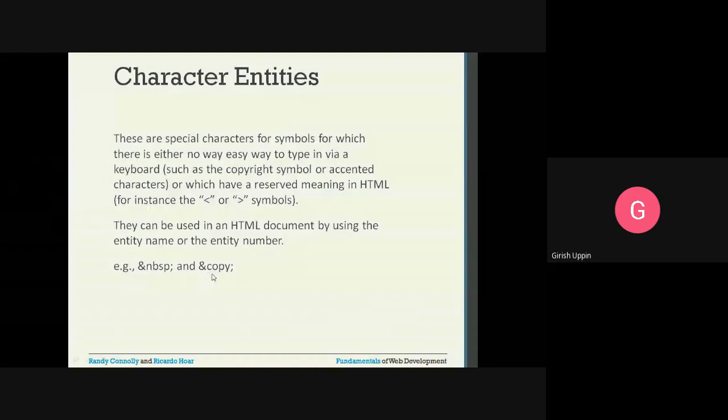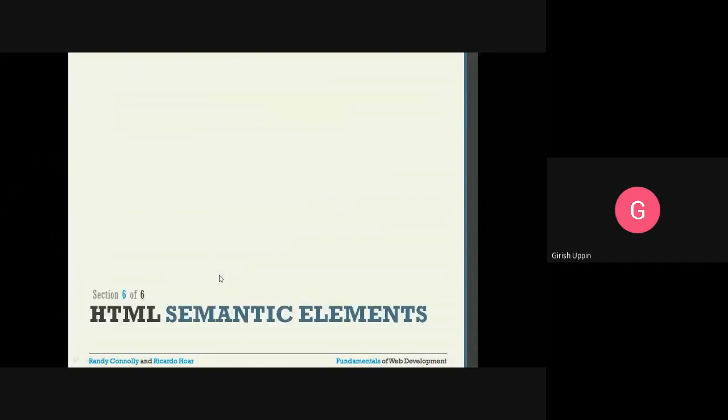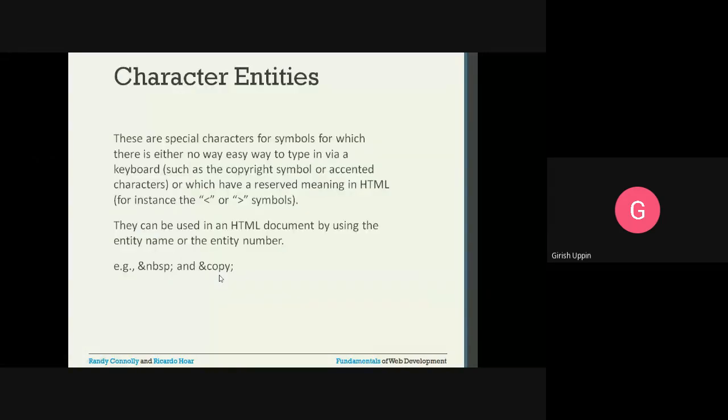And if you want to use the copyright symbol, which we cannot easily enter with our keyboard, you can use ampersand copy and semicolon. Whenever the browser sees these entity names or numbers, it will convert them into the appropriate symbol. So this will be converted into a space, and this will be converted into a copyright symbol.